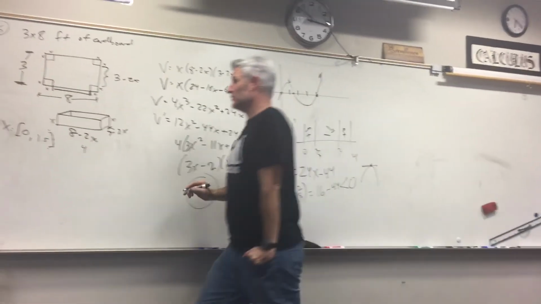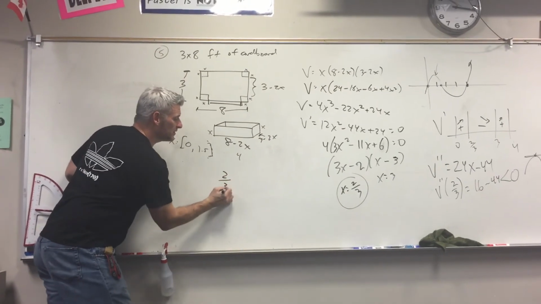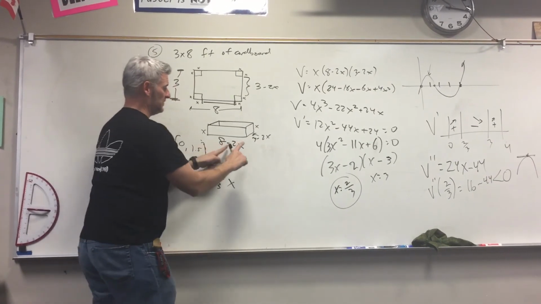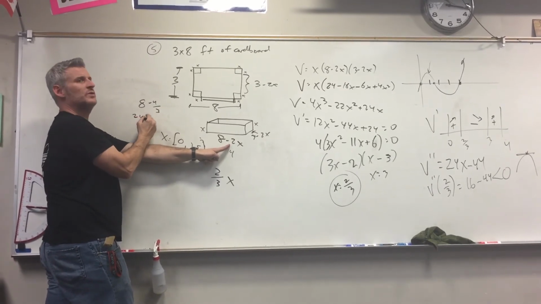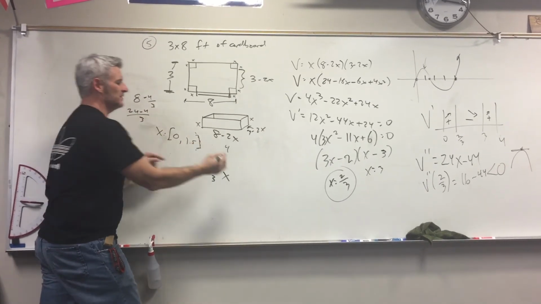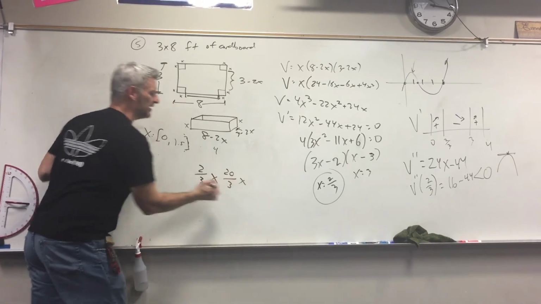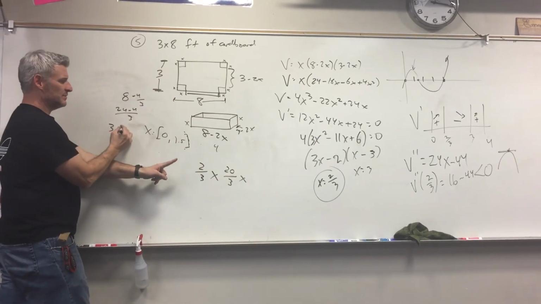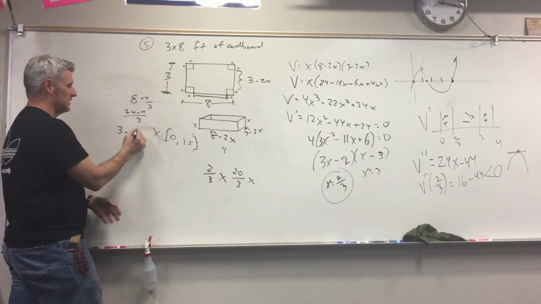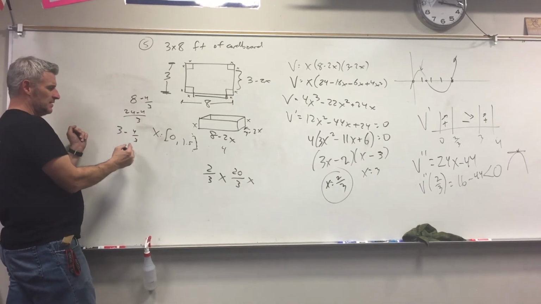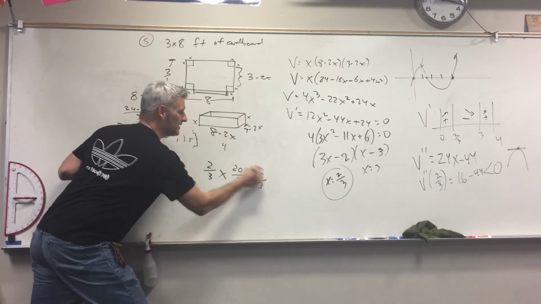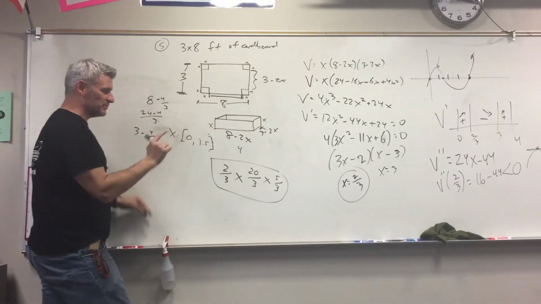My dimensions, though, are 2/3 by 8 minus 4/3, 24 minus 4/3, 20/3, thank you. 20/3 by 3 minus 4/3, 9 minus 4, 5/3, is that right? Yes, 5/3. Hey, there are my dimensions to maximize the volume, and my maximum volume is